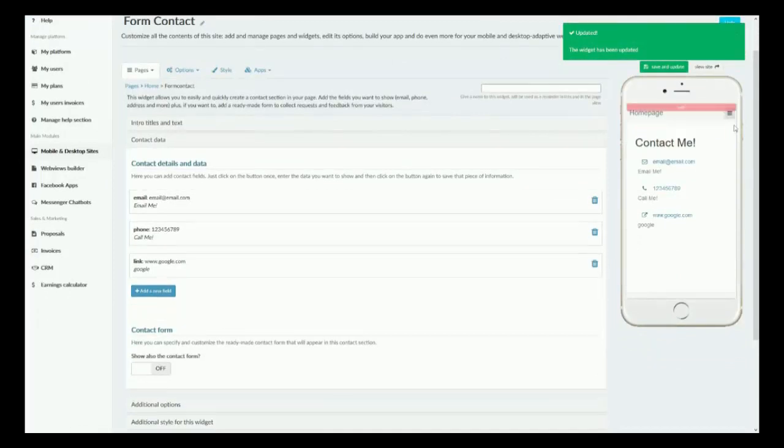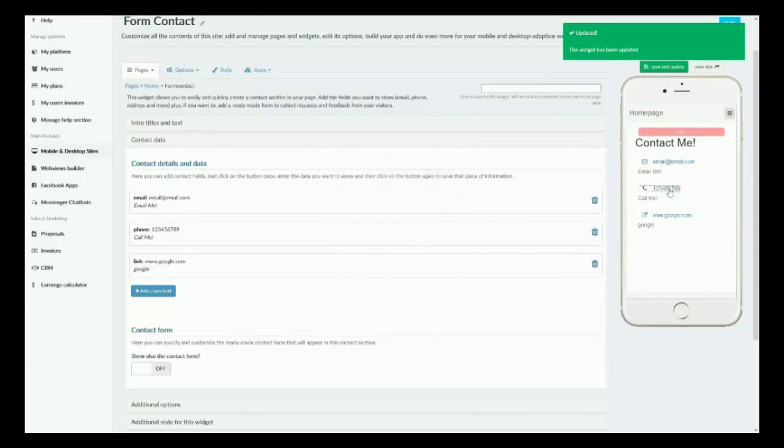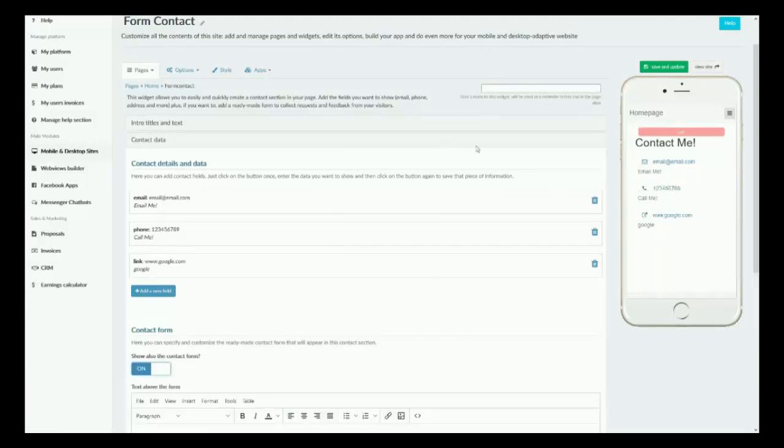So it'll be just these. People would be able to just click on these, and that would open up in their phone app or however, and then they would be able to call you or email you. But if you want them to send you a message from the website directly, you can enable the contact form,